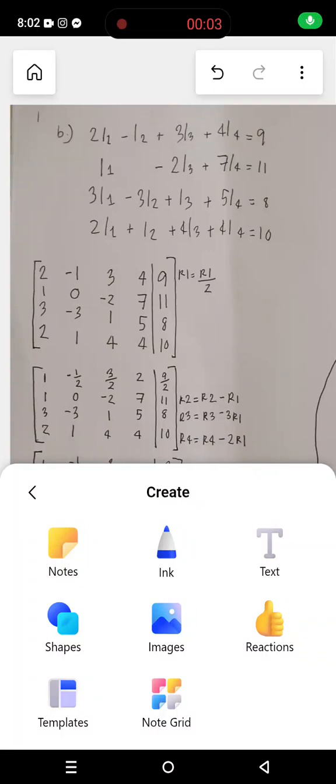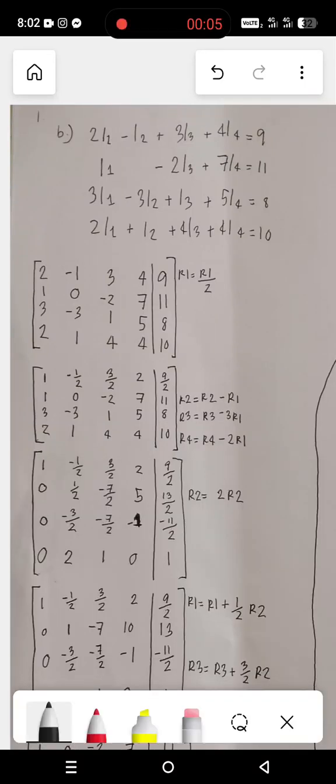So for this problem, we have here this system of linear equations. And we're going to use Gauss-Jordan elimination in solving this system of linear equations in order to find the value of L sub 1, L sub 2, L sub 3, and L sub 4. So the first step in using Gauss-Jordan elimination is